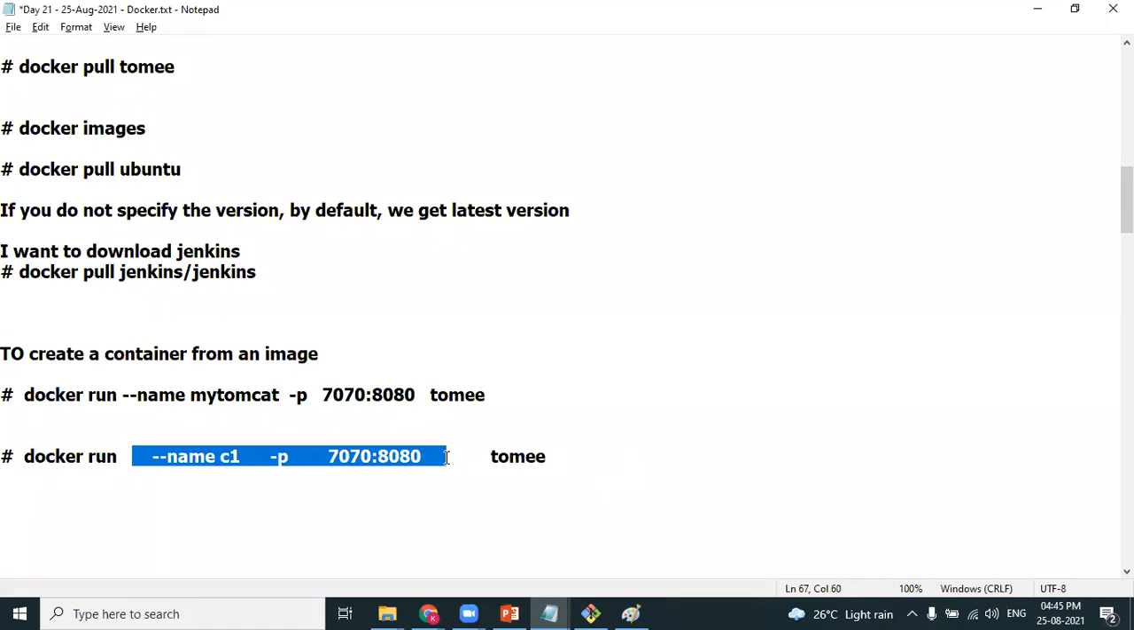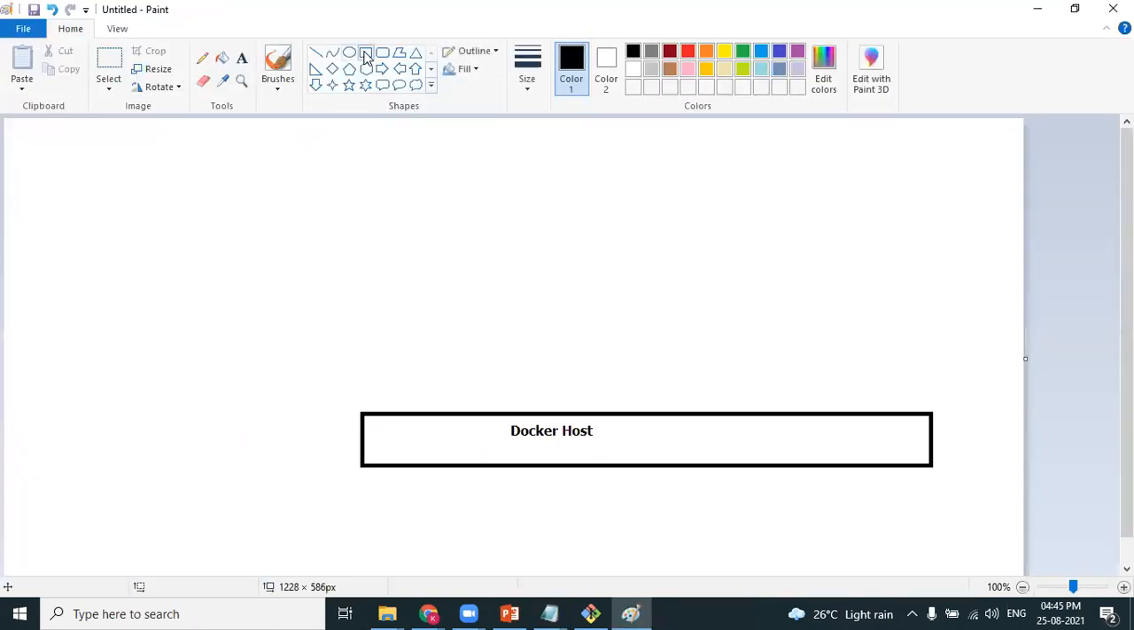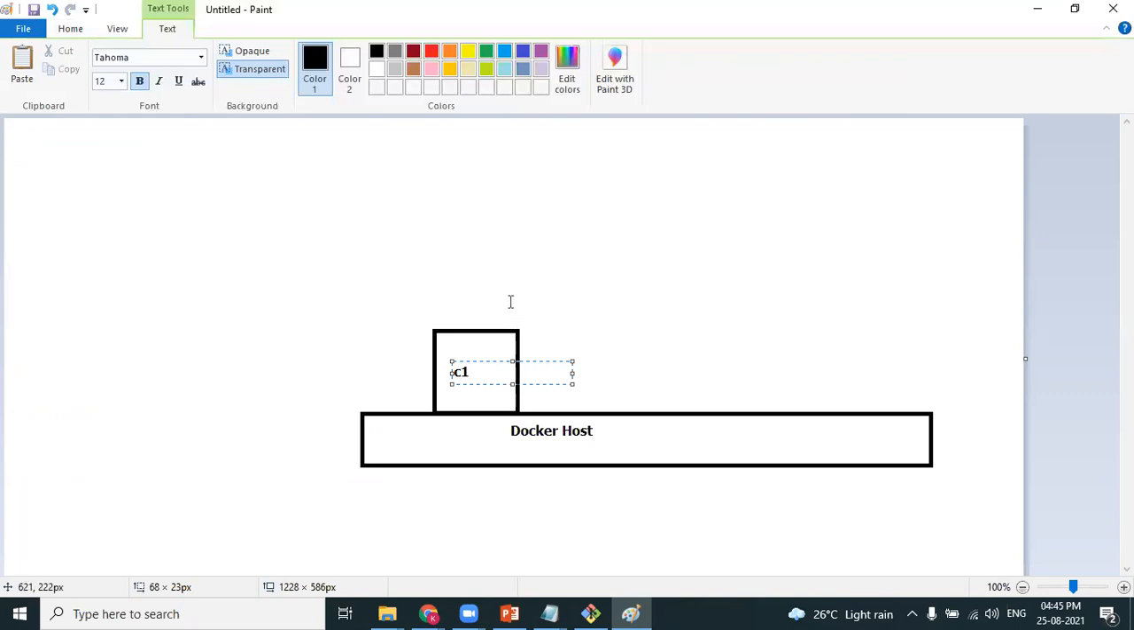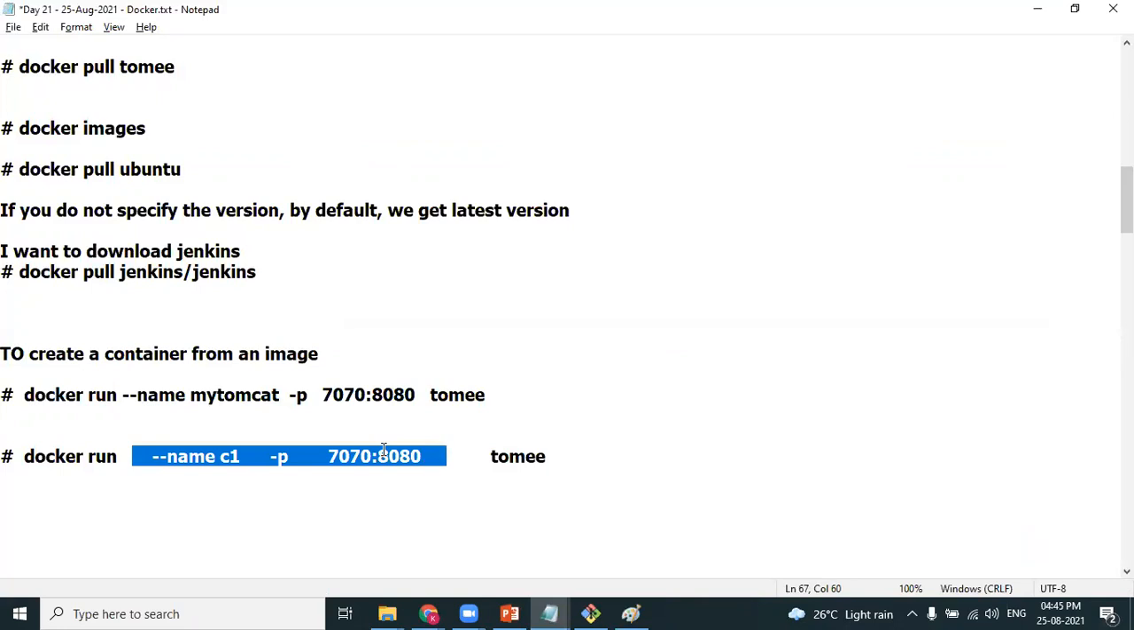When you are creating the container, what's the name of the container? I'm naming it as C1. And Tomcat runs on port 8080. You have to perform port mapping. This is the port number from the Docker host point of view. I have mapped 7070. So when you run this,